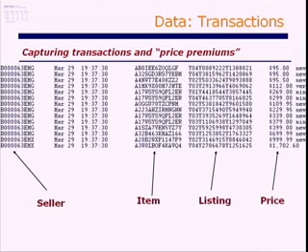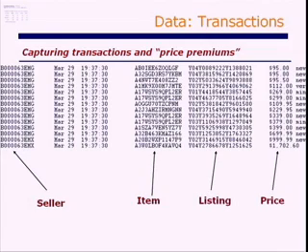To go back to Hal's question about how we infer whether a sale has occurred or not, this is a snapshot of the kind of data that we start with, where you have a unique identifier for each seller. You have a timestamp associated with the fact that the listing exists. There is a unique identifier associated with a particular product, so Microsoft Windows Vista would have a particular identifier, and a particular book would have a particular identifier. And there's an identifier associated with a particular listing.